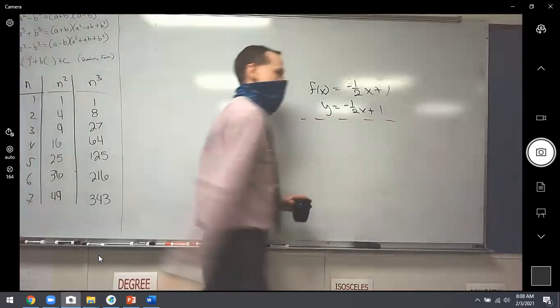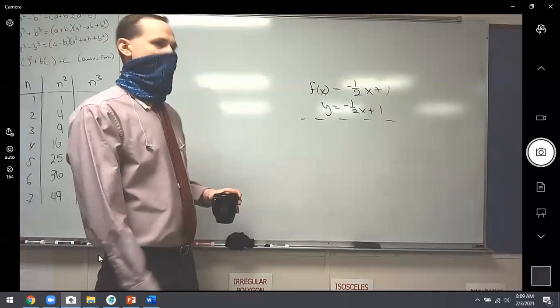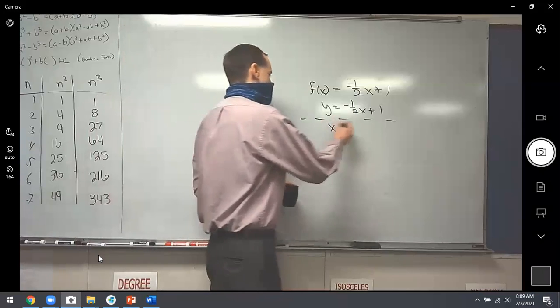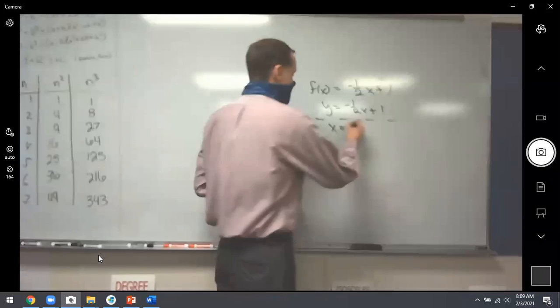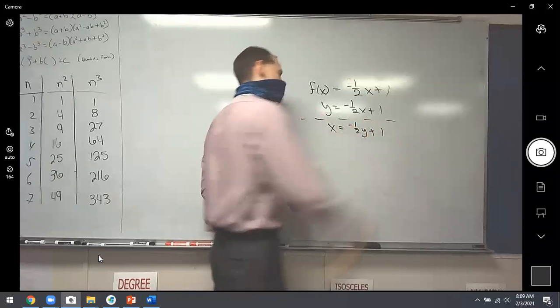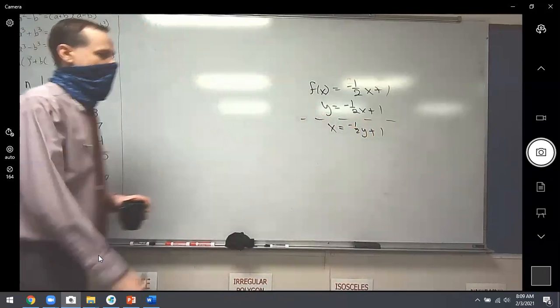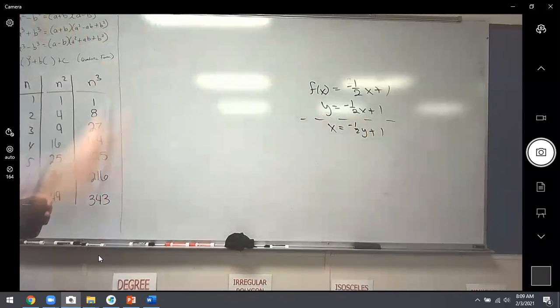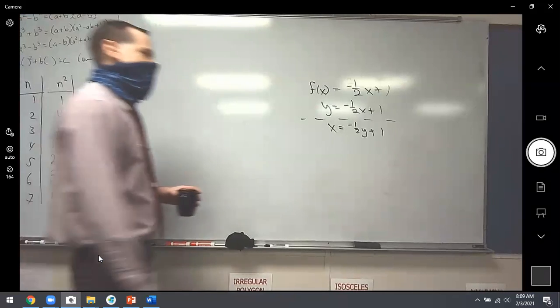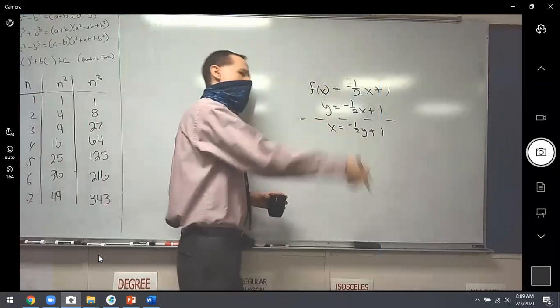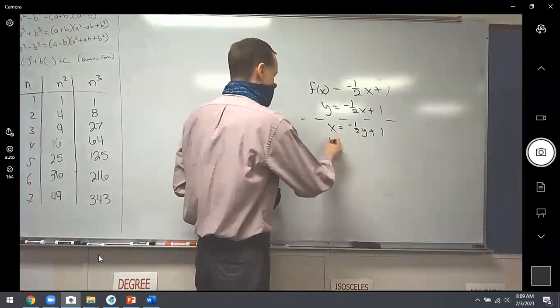And then as soon as you switch their letters around, you're talking about the inverse now. So x instead of y. Negative 1/2 y plus 1. And now we're in inverse world. Every bit of work I do from now on is about the inverse. And just like any function, I want y equals. So I'm going to go solve for y. If you move the 1 over,